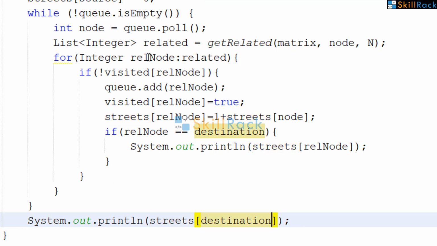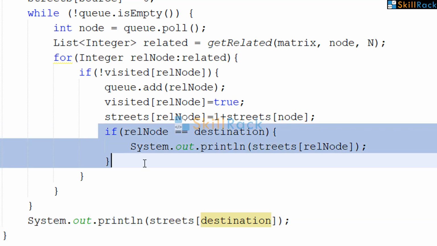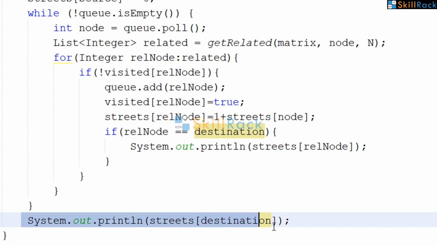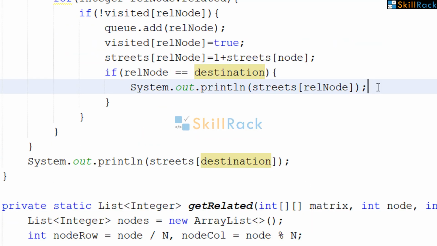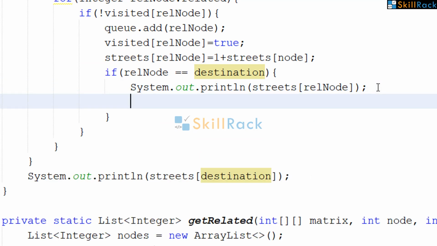If a path exists between source and destination, it will be catered here itself. This particular System.out.println will not be executed at all. After printing it, you should return. Otherwise, the count will be printed once more.